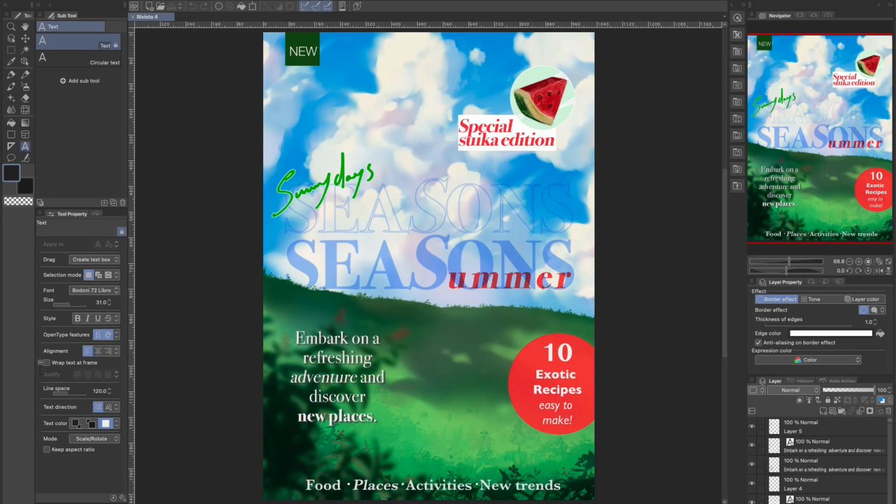Remember that you can always write text by hand. In this case, I used the marker tool. A quick tip is to activate the border effect in the Layer Properties window so that the border appears as you write. We have seen how combining appropriate text layouts with images can be really effective in capturing the attention